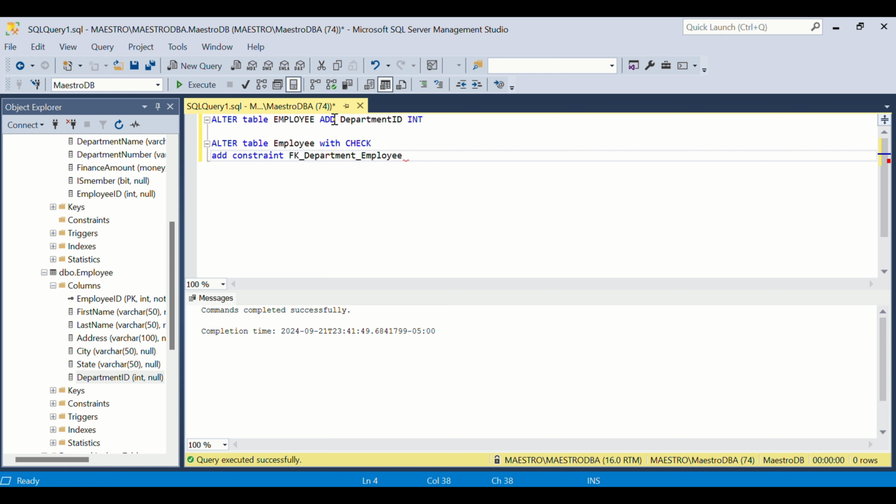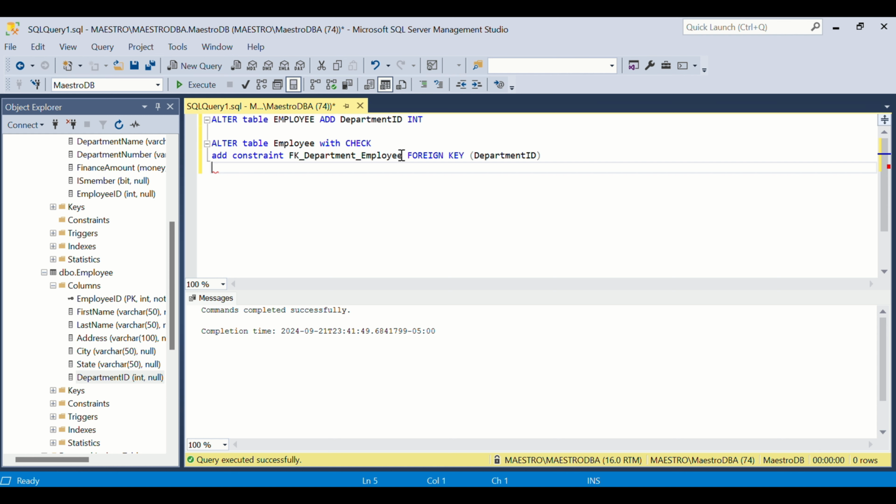You can call it whatever, but just make sure you call it something related to those two tables. Foreign key,